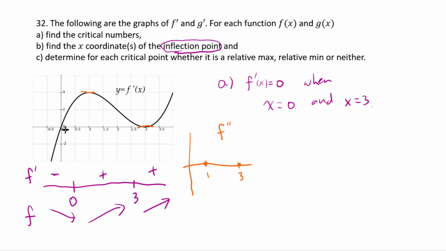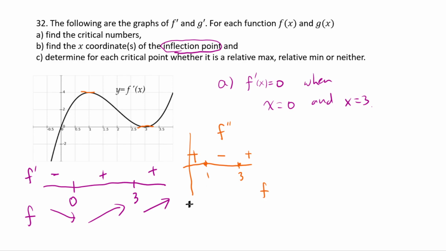And also, f prime is decreasing beforehand, so f double prime is negative before 1. F prime is increasing afterwards, so its derivative must be positive. Okay. Now that we have figured out when f double prime is 0 and f double prime is positive or negative, that tells us what f does,